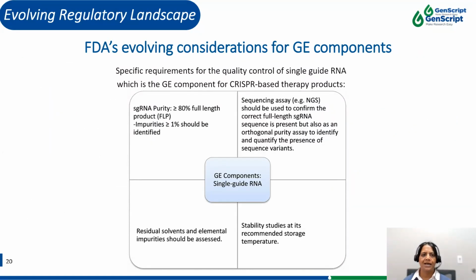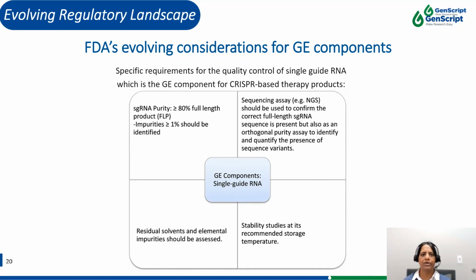Let's take single guide RNA as an example to better understand this. The FDA updated requirement now specifies that the purity level of full length product must be at least 80%. It is also crucial to identify and control any impurity that may be present. In terms of purity, any impurity greater than 0.1% must be identified. Additionally, for sequence confirmation, NGS is